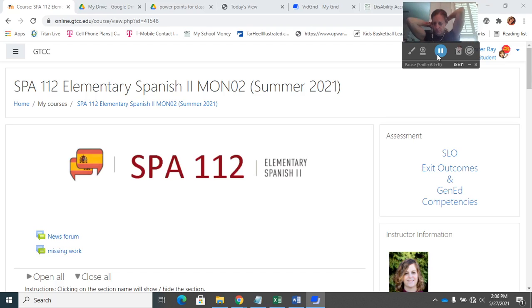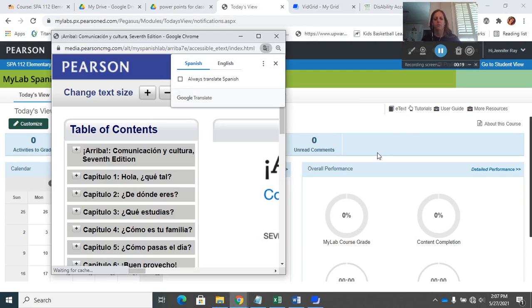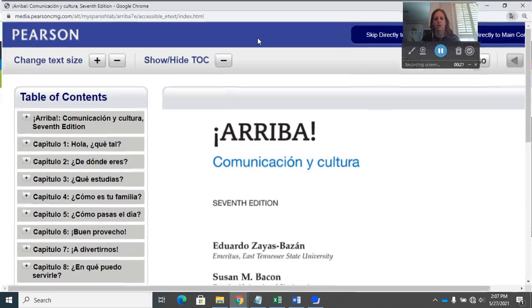Okay, so I'm going to go ahead and introduce you to Spanish 112. We're mostly going to work here in Moodle. You will also need access to my language labs, which looks like this. The only thing you're going to have in my language labs, though, would be your e-text, which is right here. And also in Moodle, I have